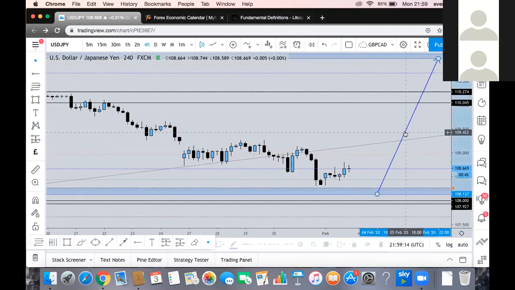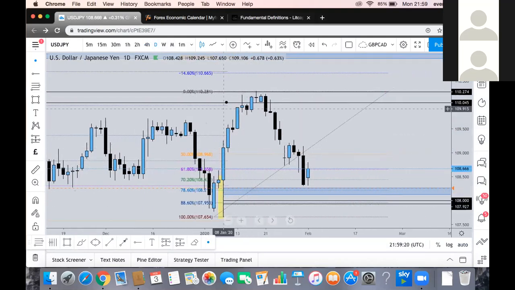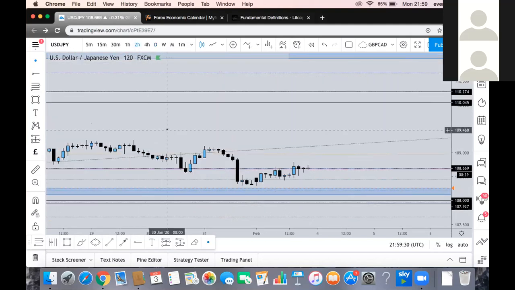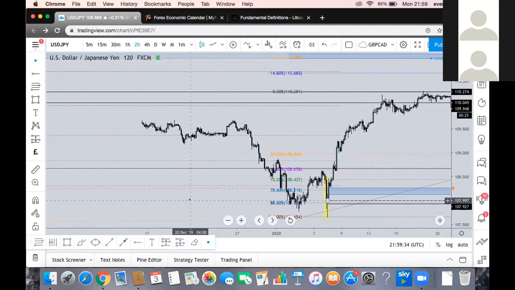So I am bullish on this pair as well. If we take you to the daily setup, so I did call a sell on this a couple weeks ago in the Discord, and I said it was a sell to buy scenario. So I was wanting this to happen. If we go over to the 2 hour, we do have an imbalance play, which is what I'm actually looking